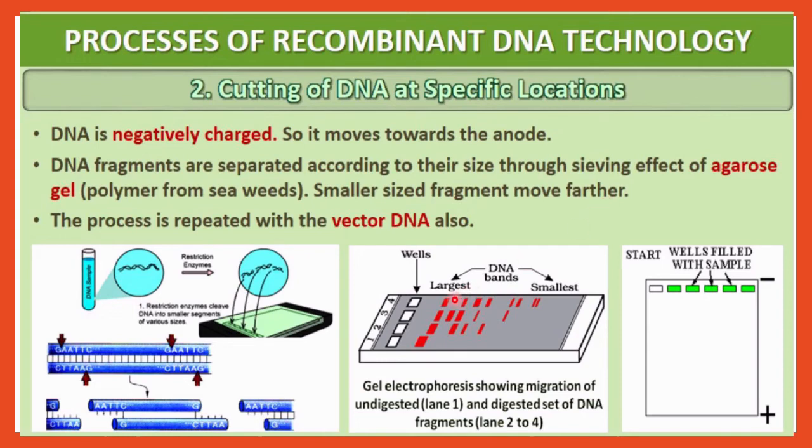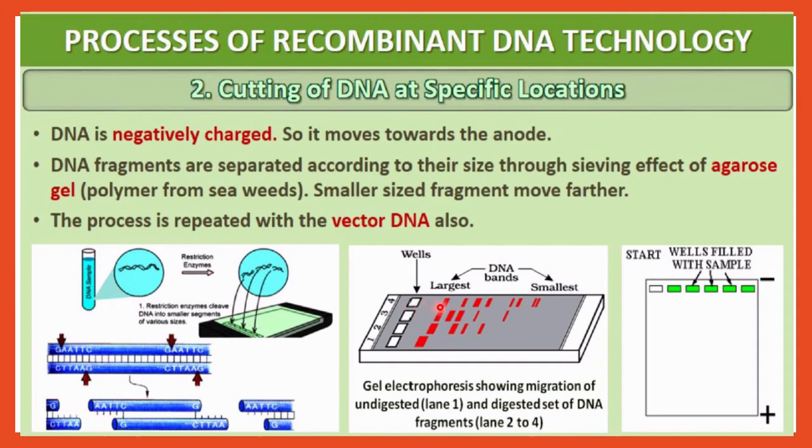So here you can see this is the well, in which the DNA content treated with the restriction enzyme will be filled first. Here will be the negative end and here will be the positive end. So you are adding the DNA fragments in these very small wells. You have to load the DNA content in this, and according to the fragment size, molecular weight, they will move as the electric current is passed.